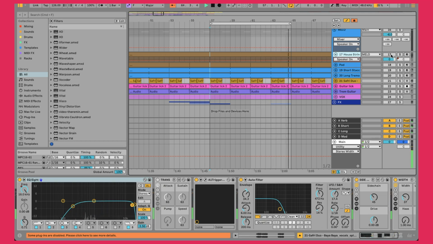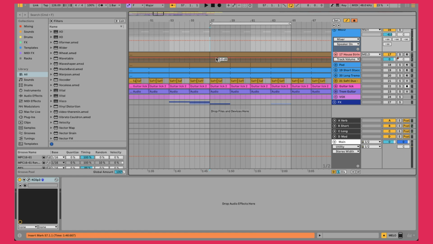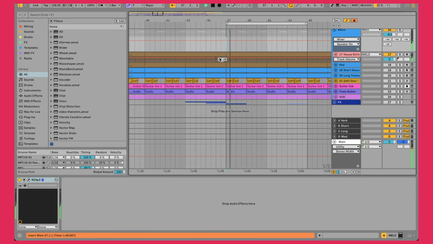So first, one of the first things I added, regardless, was this string sound, which I can't even hear right now, to be honest. What's up with that? That's really interesting. Oh! Okay, so cut there for a little bit. So, with that said, the first thing I added was this string sound.